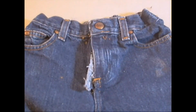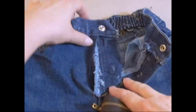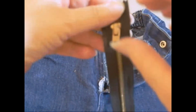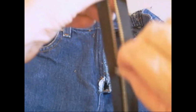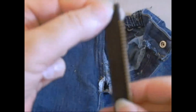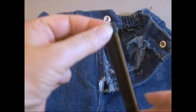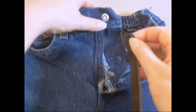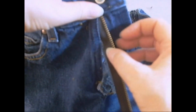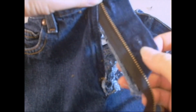First step to replacing the new zipper is dealing with the left-hand side, the under flap that's free, right side of the zipper facing. Pull the tab down a ways, fold down the top flap of the zipper. I'm going to call it the top tab of the zipper a little ways. And now place that zipper in the hole that you ripped first, lining it up with the under tab